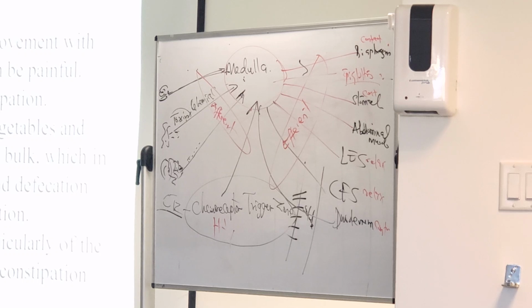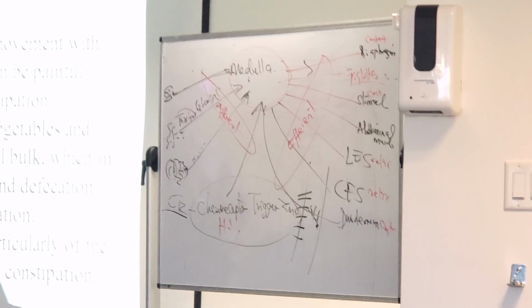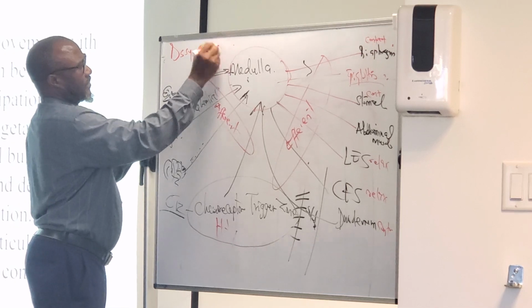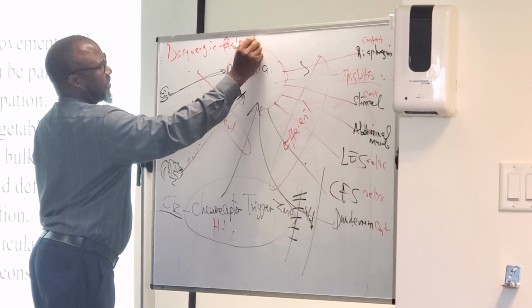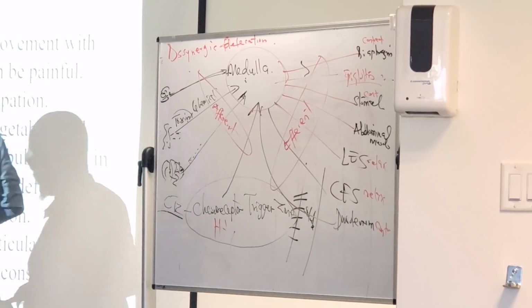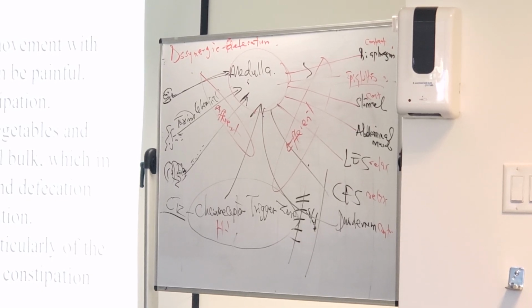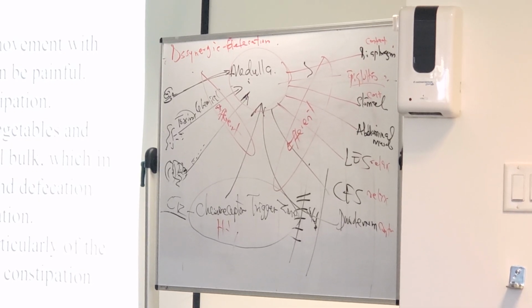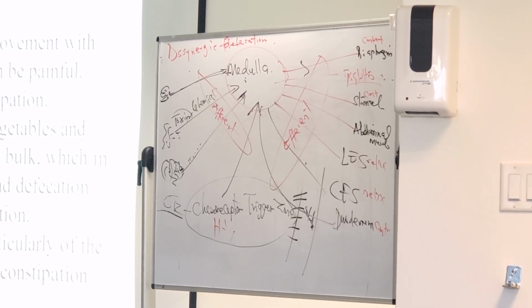The movement of materials within the colon becomes delayed. The third one is obstruction of the colon. So that's going to cause a problem called obstructive defecation. This may be caused by rectal prolapse,